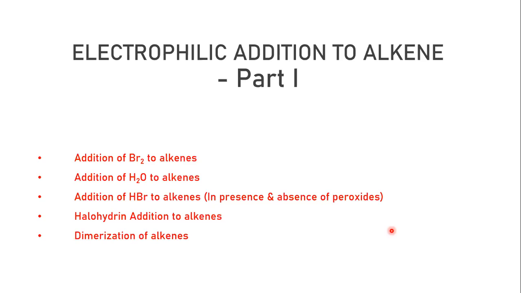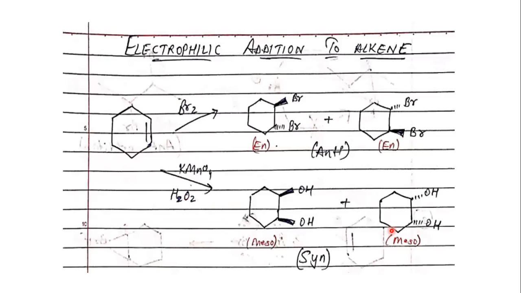So first we'll go to your addition of bromine to alkenes, the first reaction in this chapter. If you can see here, I've just drawn the basic electrophilic addition of alkene. I've taken a cyclohexene here, in which I have shown you two reactions. Addition normally takes place via two reactions, by which I mean the stereochemical aspects of it. The reactions of addition take place via two methods. One is your anti-addition, another is your syn addition.